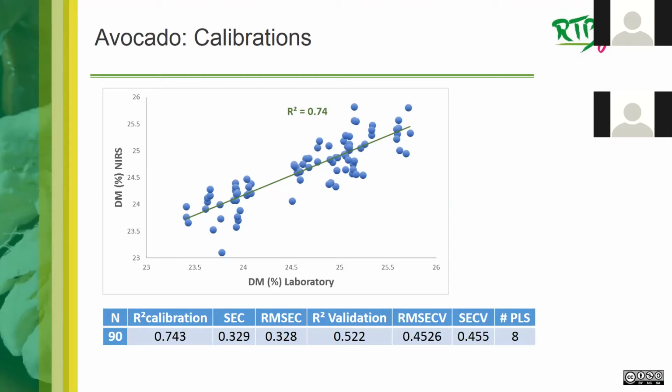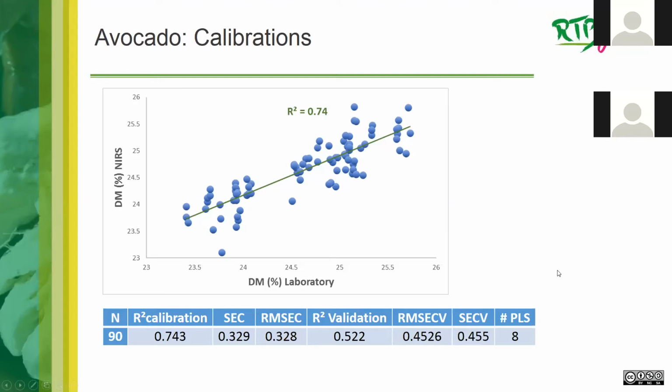To go further, we can use the lab value to do a calibration. The purpose of the study is not to do the best calibration in the world for dry matter, but to use the potential of calibration to see how we can use a subsample to do the model. The first model is done with the 90 samples and is a pretty good model for dry matter. That means that the work in the laboratory and NIRS was well done, and we have a clear trend for dry matter according to the spectra, with a standard error of cross-validation in this one.